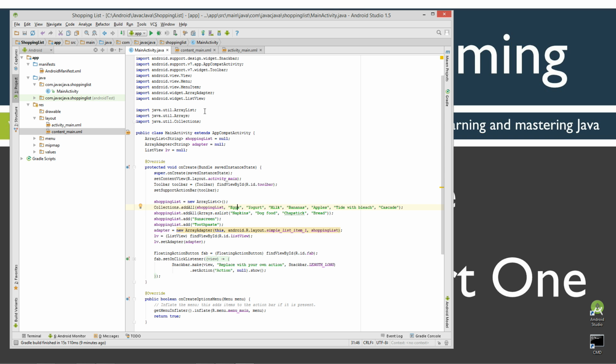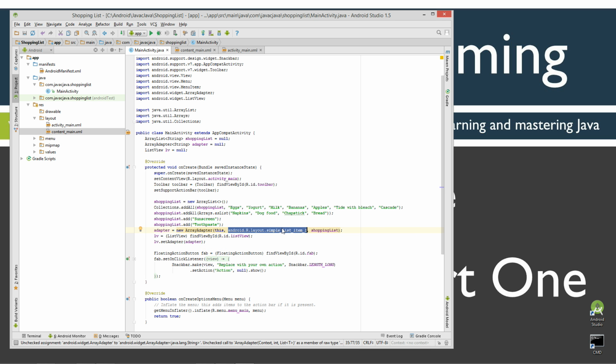So let's go back to the main activity, and that's what this array adapter is right here. And of course, you can set the type variable to String as well. The adapter is basically what I'm just calling the reference variable there. So down here, I'm setting adapter equal to a new array adapter, and this particular constructor takes 3 arguments. This being, of course, the current object, the main activity, and then this layout right here,